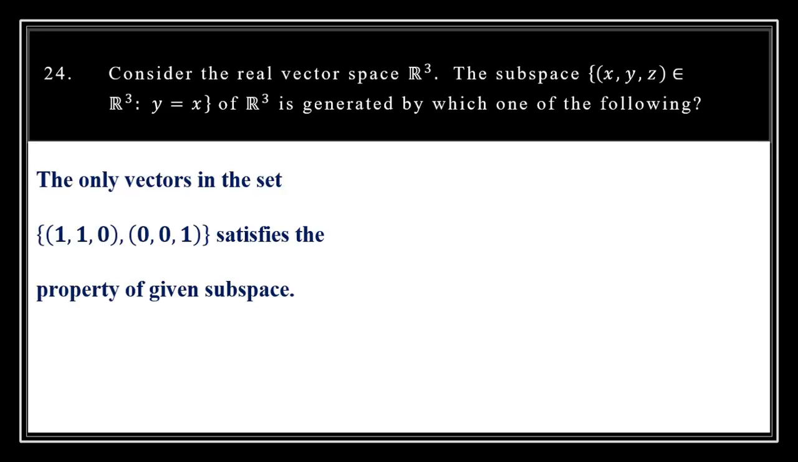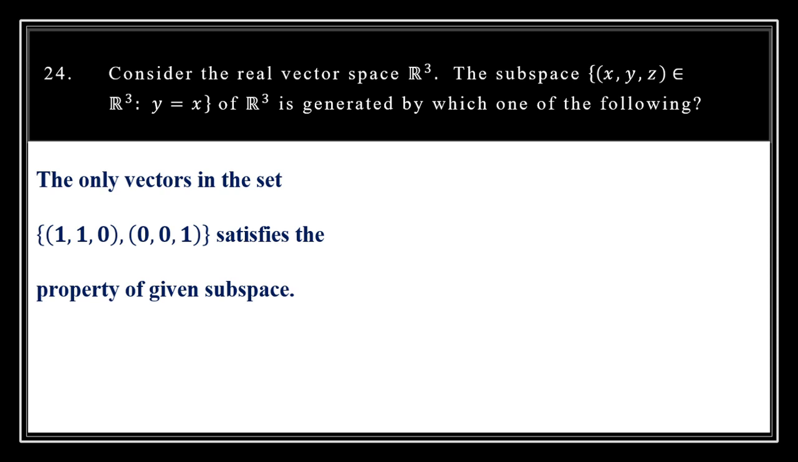The only vectors in the set (1, 1, 0), (0, 0, 1) satisfy the condition of this subspace. This subspace contains those vectors in R3 whose first and second components are equal, and the only option set containing vectors (1, 1, 0), (0, 0, 1) satisfies this condition where the first two components are equal. So obviously this will be the correct option for this question. Also it satisfies the